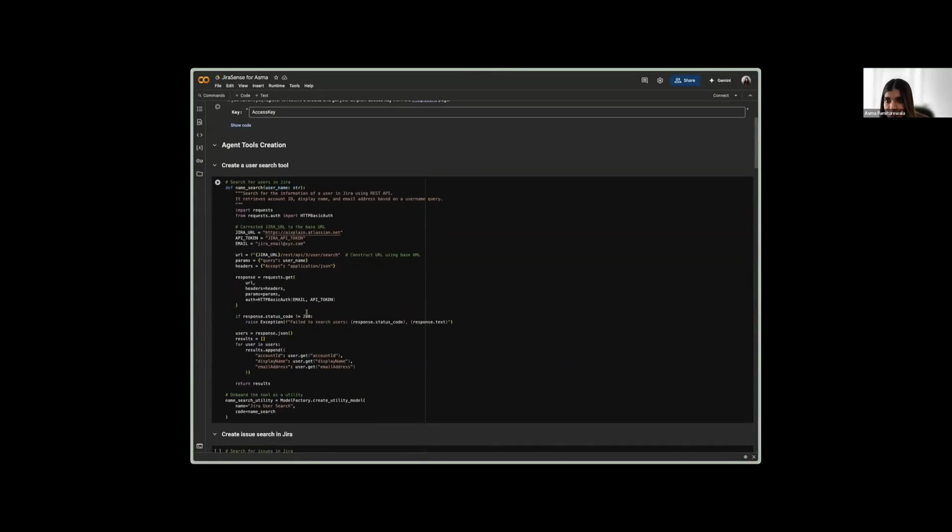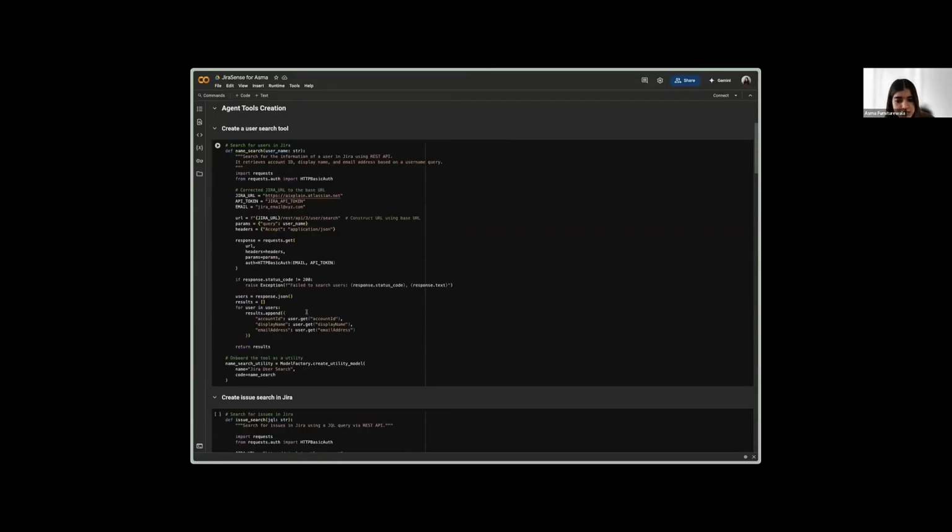Just briefly going over this agent, it has two custom utility tools. So one is the search tool, which basically just goes,